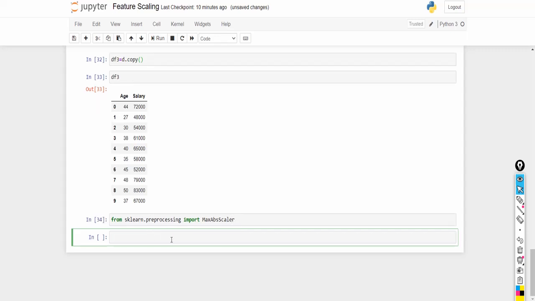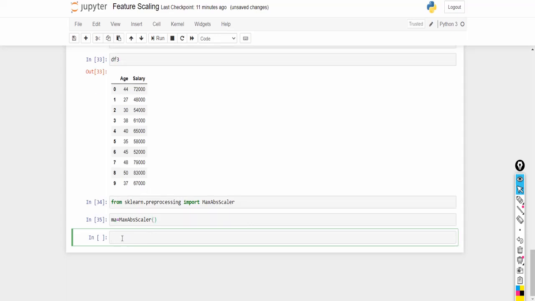Okay, so once this is done, you have to create the instance of this. Let me create the instance. I am naming the instance as ma. So ma is equal to MaxAbsScaler(). Okay, so once this is done, let me apply it to the data frame df3.